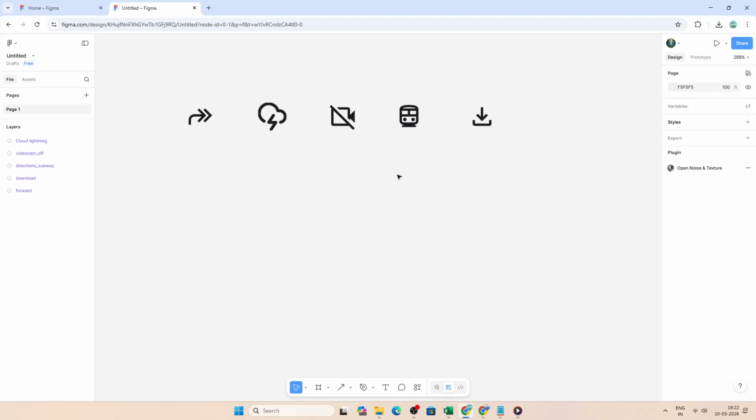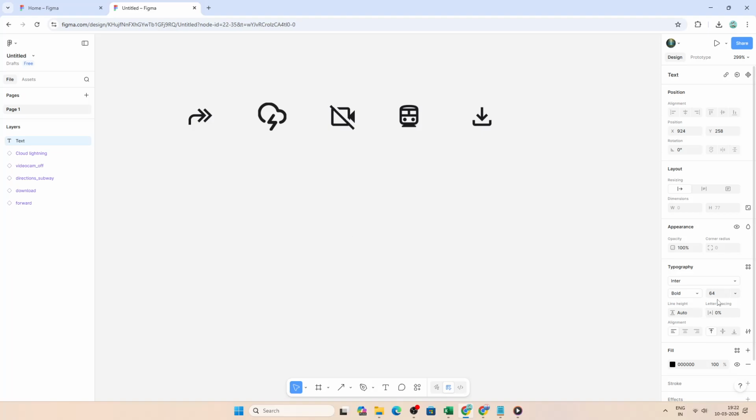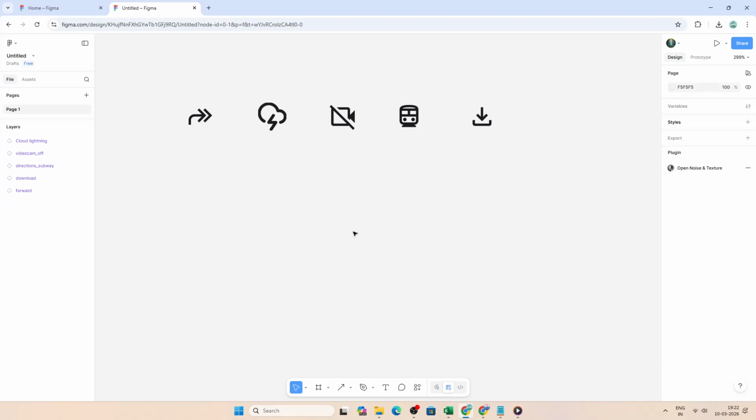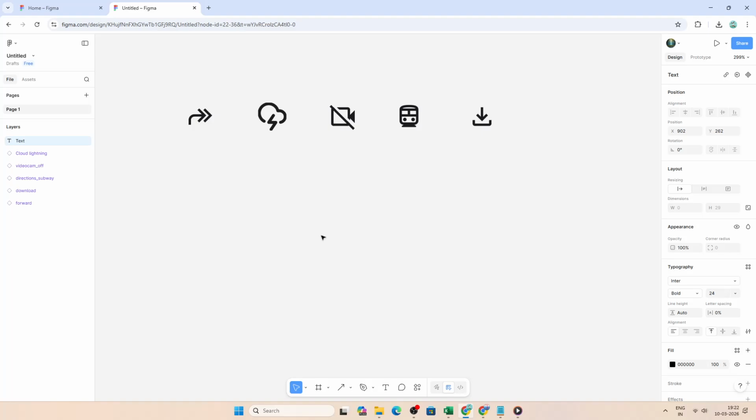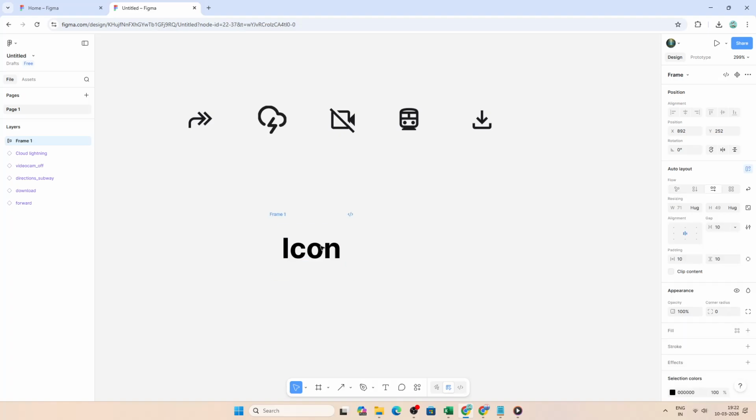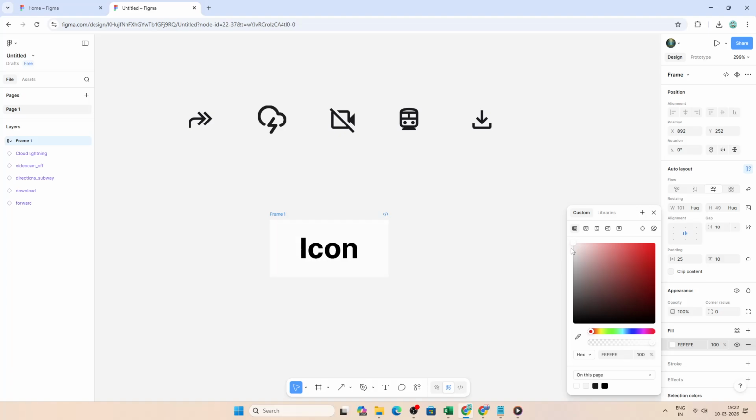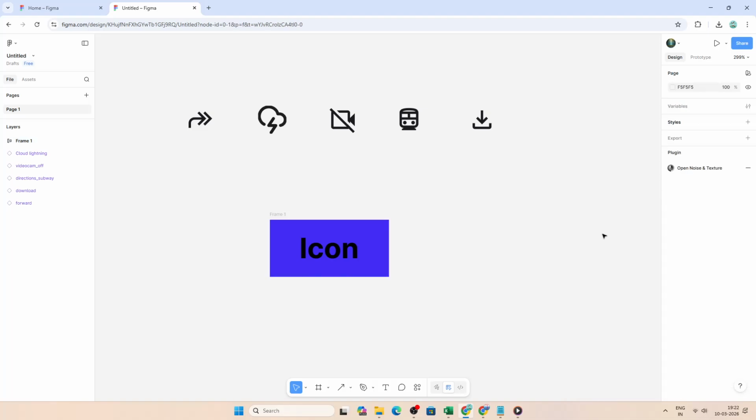The foundation of any advanced component is auto layout. It lets layers expand or contract based on their content, so a button can grow as its label gets longer without you manually resizing anything. Add your text, select it, and press Shift+A to wrap it in auto layout. Then add padding so the text has comfortable space inside. This instantly makes the element responsive, and you can adjust direction, spacing between items, and alignment as needed to match